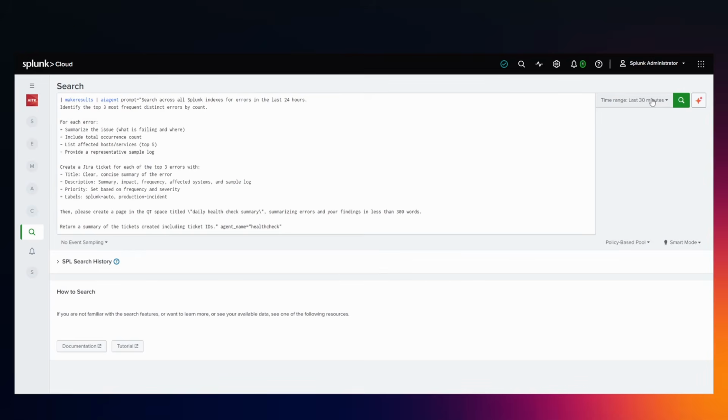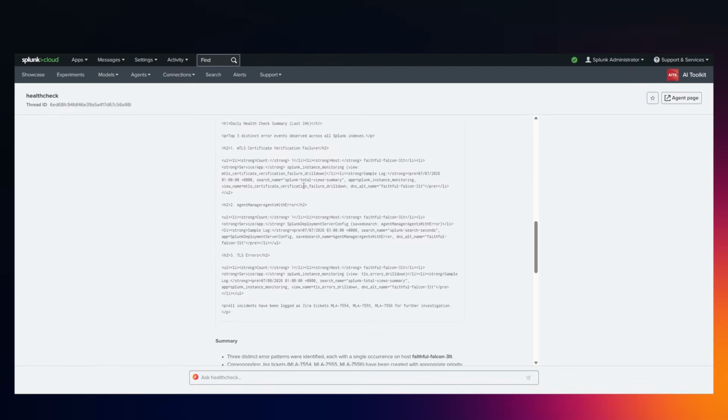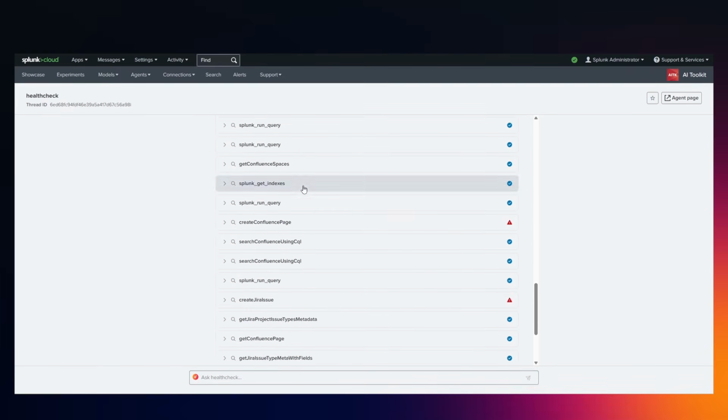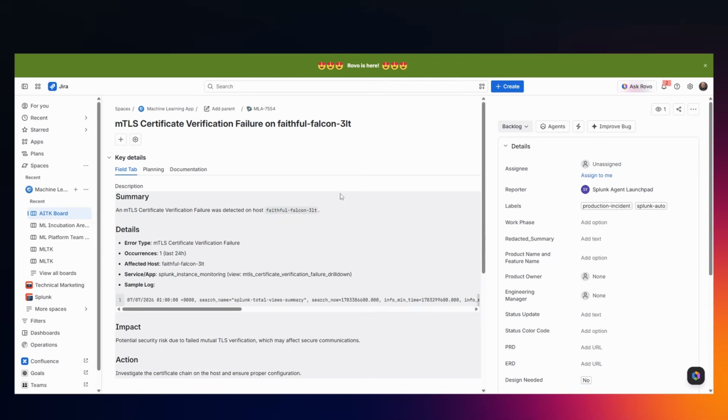Invoking an agent is seamless. Using the AI agent command within Search, you can trigger your agent's logic against recent index data. The agent returns a threaded response that doesn't just justify the issue, it acts. For example, it can automatically generate a Jira ticket, pre-populated with summaries, relevant logs, and key fields, drastically reducing the